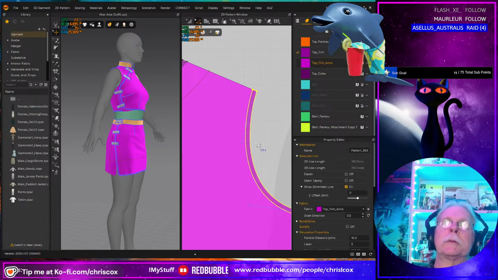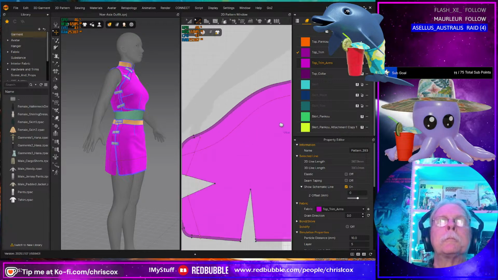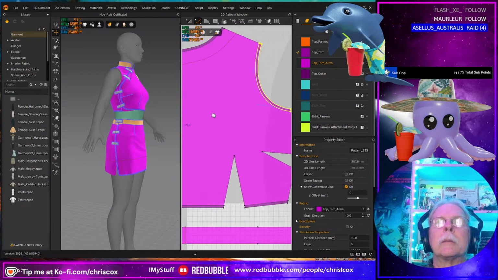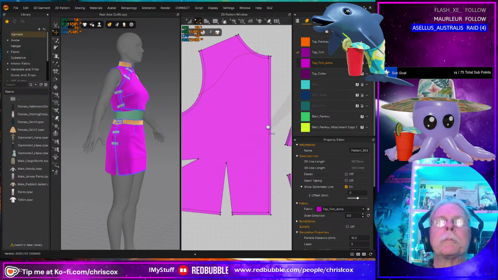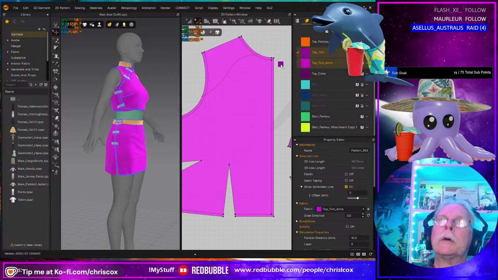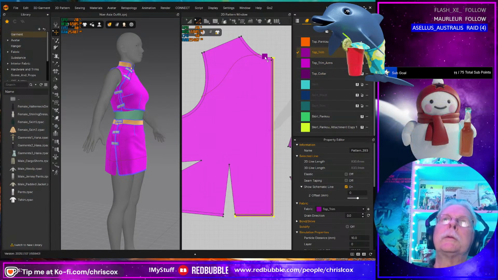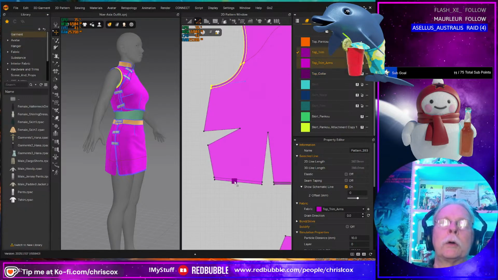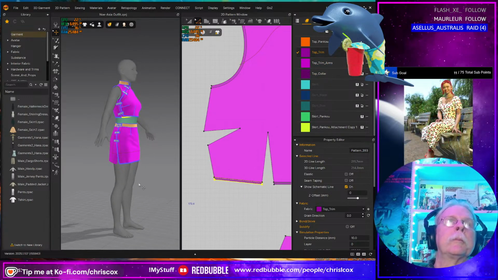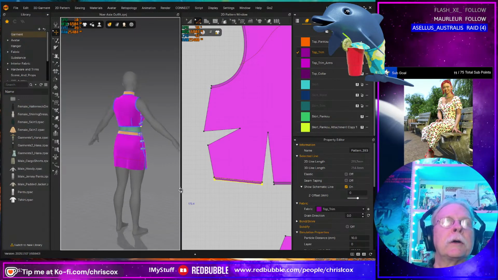Top trim arms. Boom. You are top trim. You are top trim arms over there. And you are top trim. Okay, so that takes care of that.